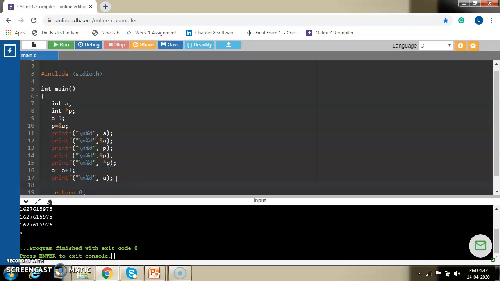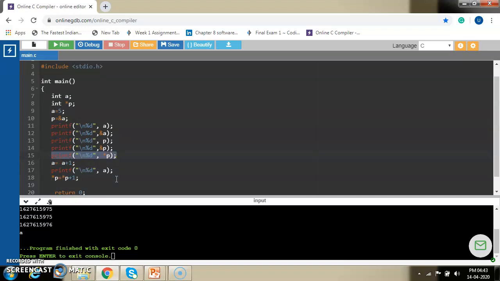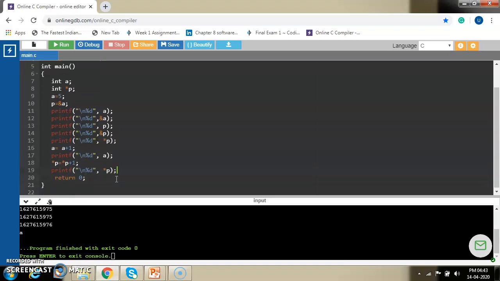Now if I write *p = *p + 1, and then I print this, what will be the value? It would increment A itself, because p is actually pointing to A. So 5 plus 1, 6 over here, and 6 plus 1, 7 over here.